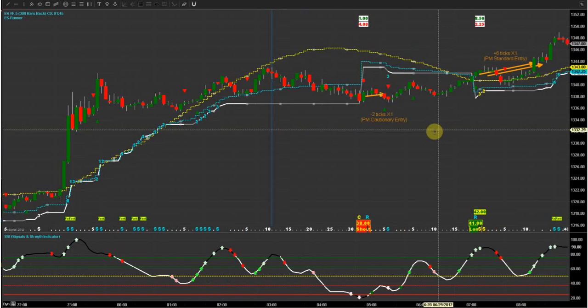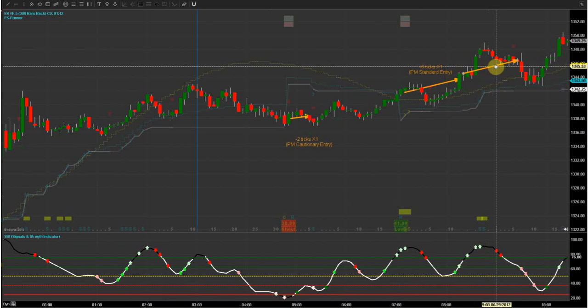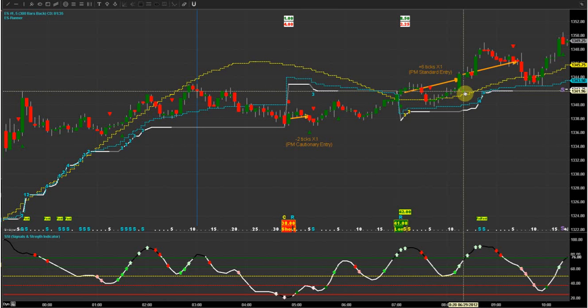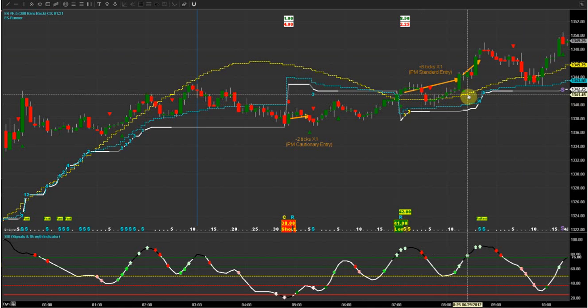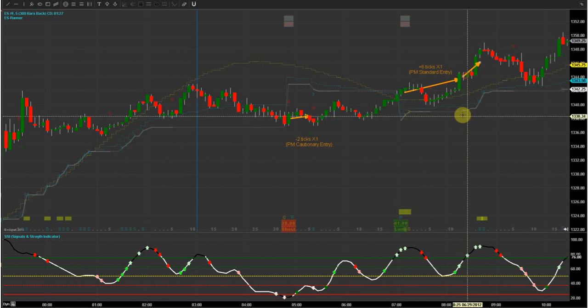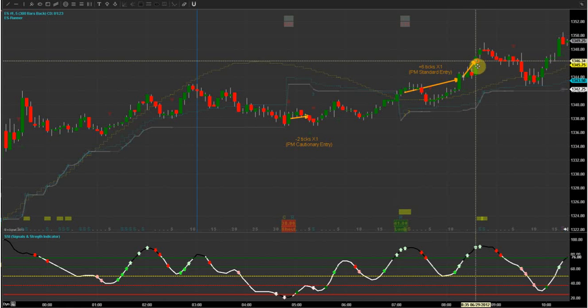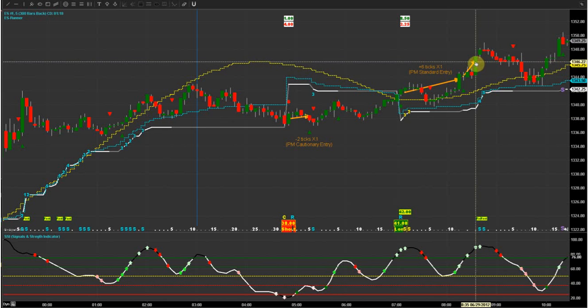Same thing for the sprints, guys. You have to act fast. You have to act fast, okay? When that arrow comes in, that complementary corresponding triangle comes in, it's in the direction of your move. You're in a long move, so a green triangle is a good sign. That is a sprint trade, and when the purple S appears, you get into it fast, and you make 8 ticks of profit, which from here to up here